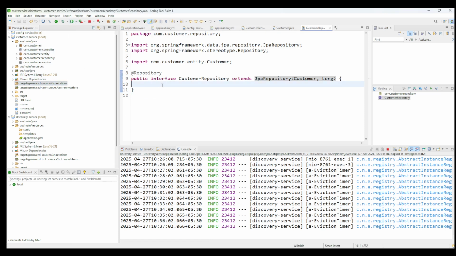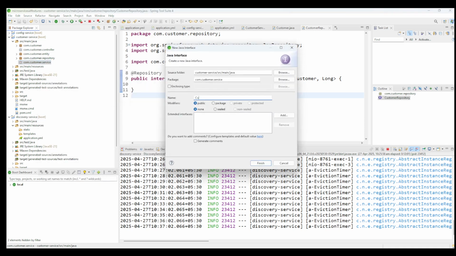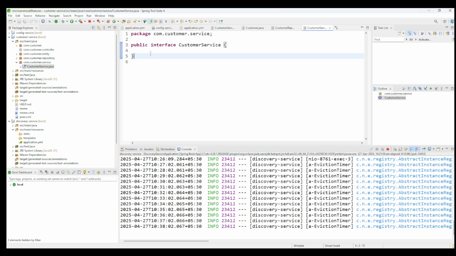So if you want we can add more, but this much is enough, and we can save it. Now let us create the service interface. For this we can create the interface for customer service with name customer service, and we can mention what all methods we are going to use. Like first, it should return the list of customers, and we can mention